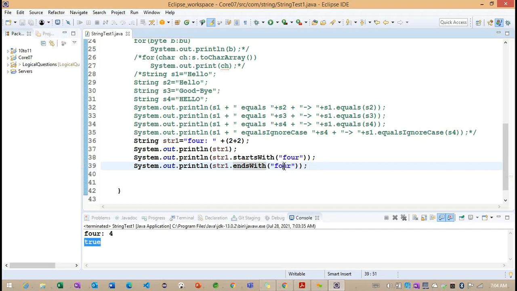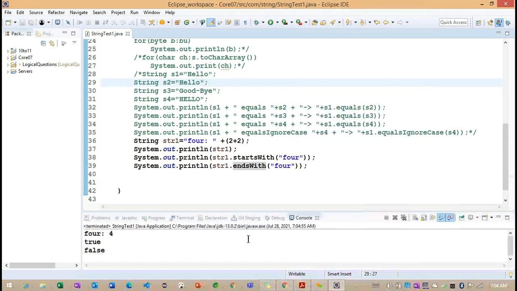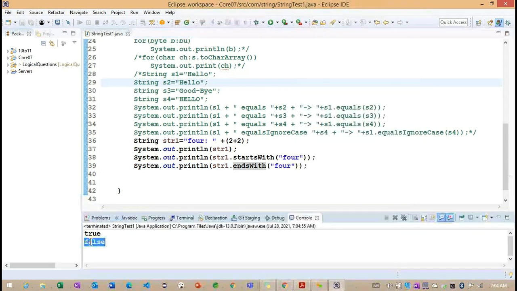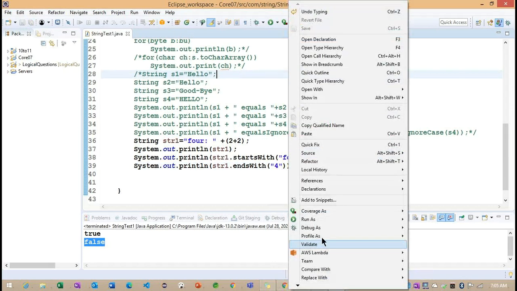Okay, observe here, the endsWith method. Here also I'm trying it with 4. Now you can see this endsWith is returning false. Why is it returning false? Because the given string is not ending with this 4, the numeric 4 here. Getting the point. This is very important.